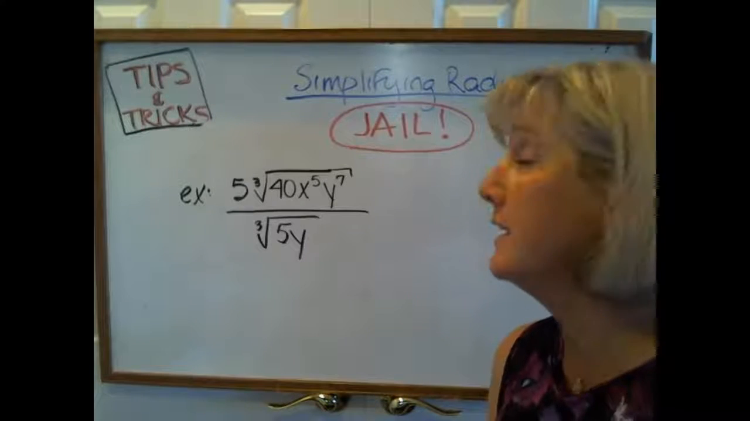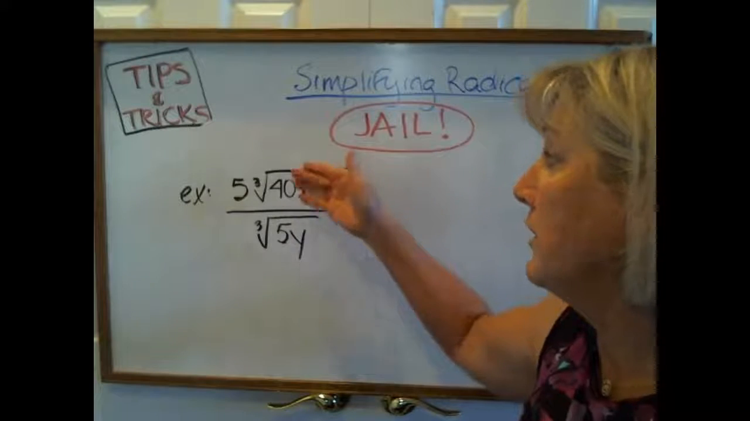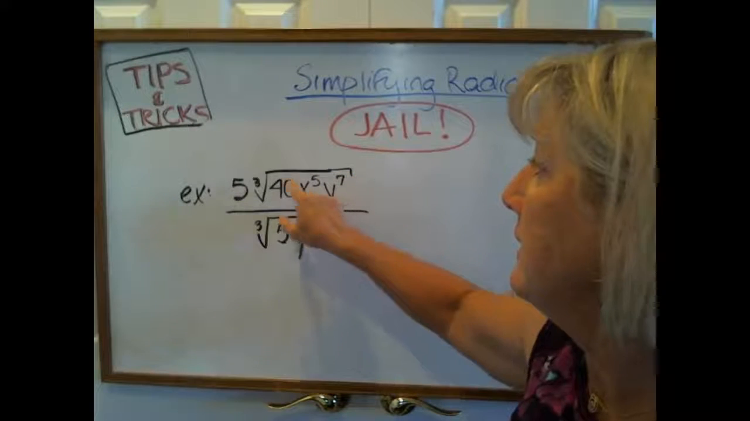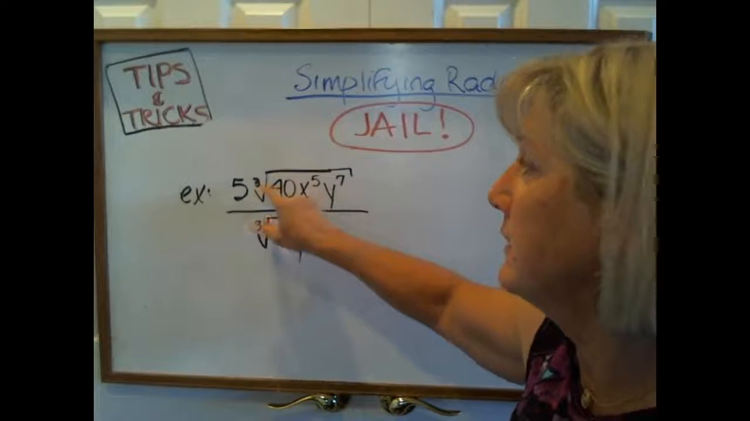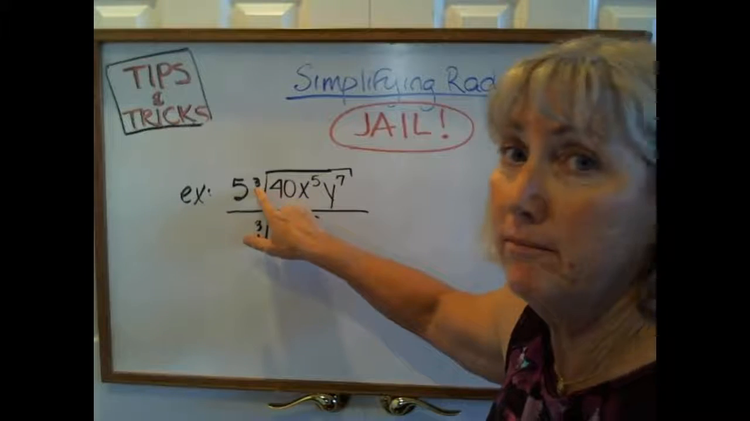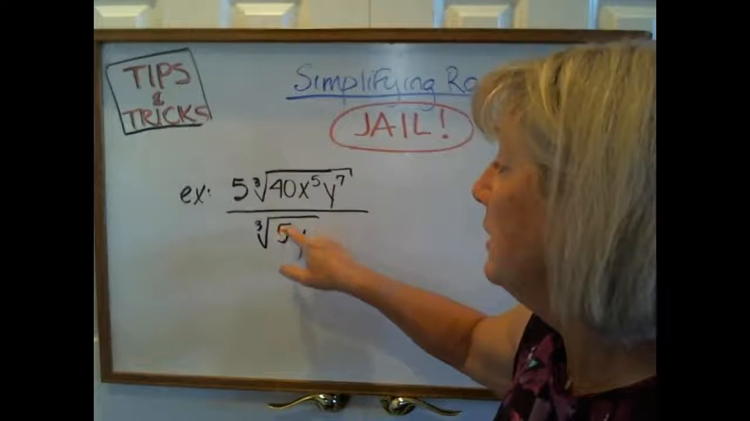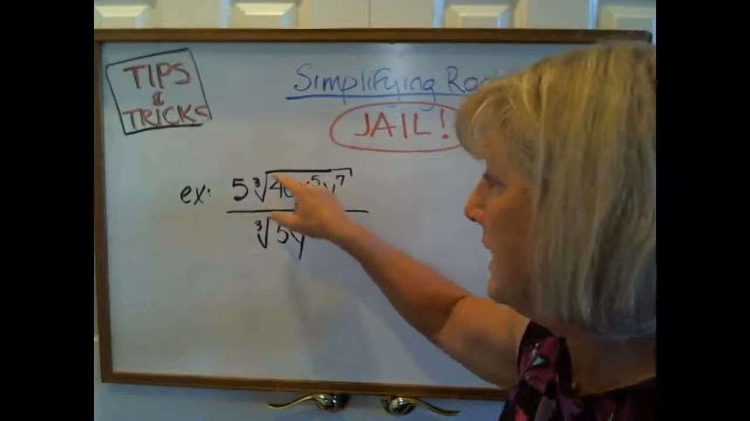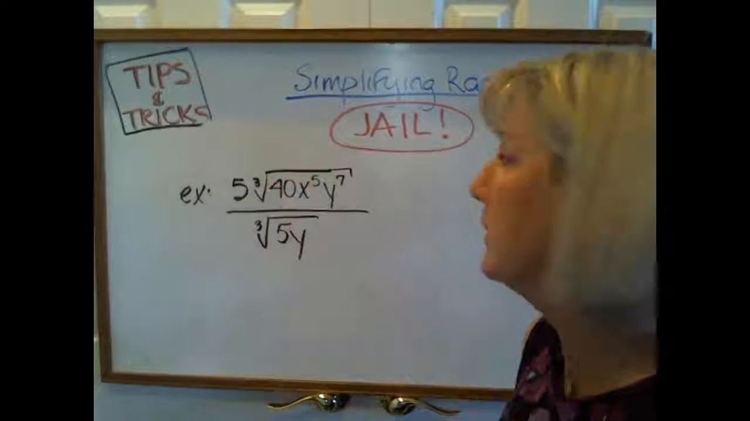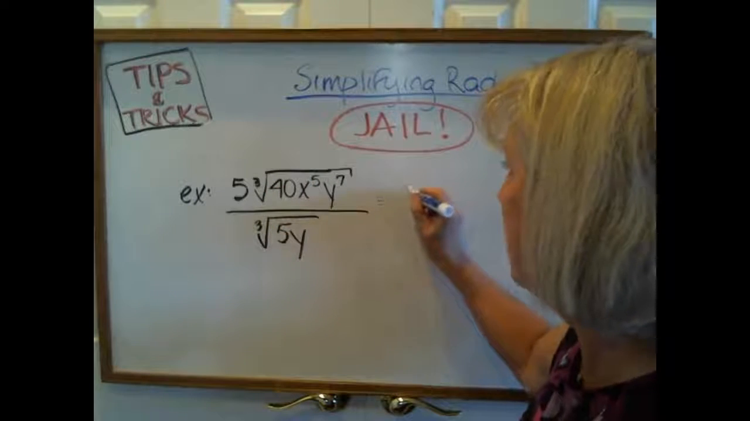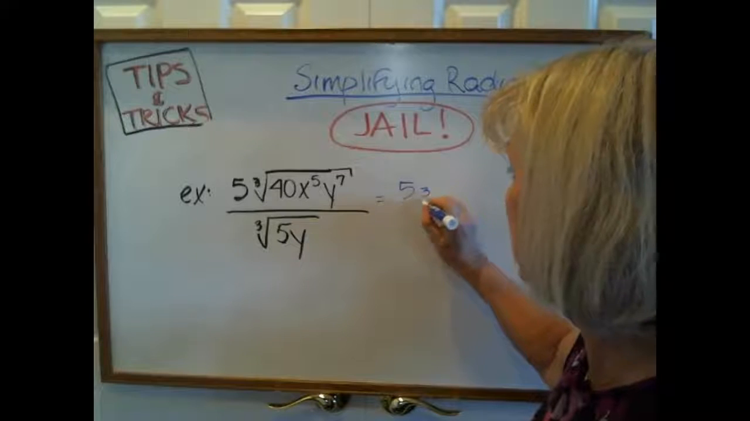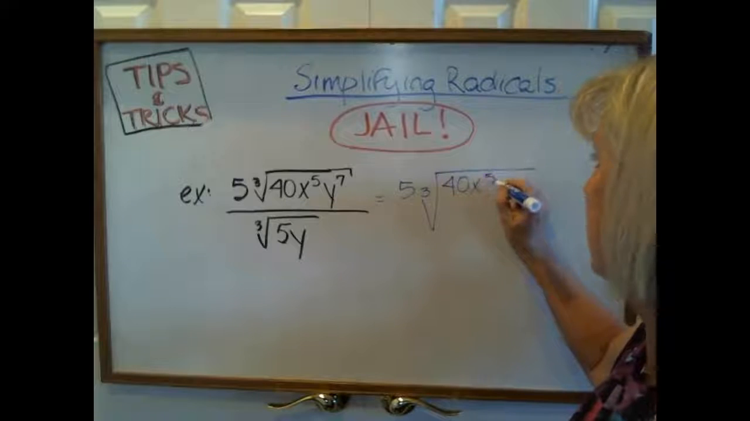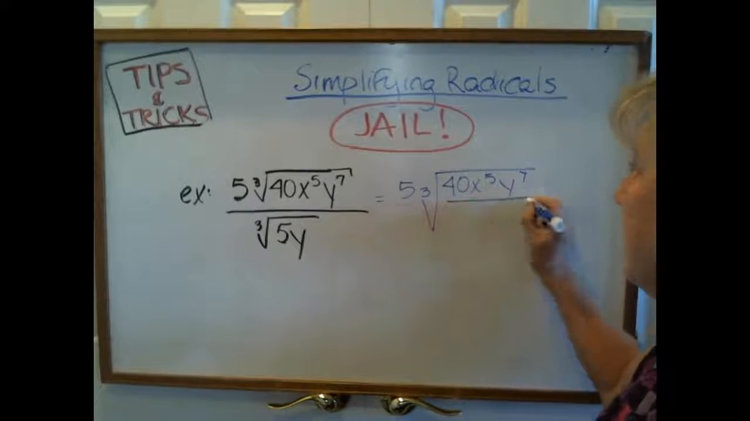So I'm now going to continue my story of jail with quotients and when we have dividing. The rule is these are certain kind of criminals because they're in the cube root, the little more maximum security prison. So they can commingle with other prisoners that are the same kind of prisoner. In other words, if these are the same kind of radical, you can combine them. So this can equal 5, and then we can just have one cube root, 40 x to the 5th, y to the 7th, divided by